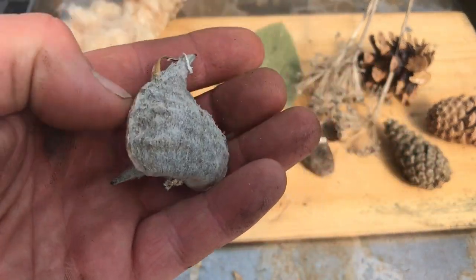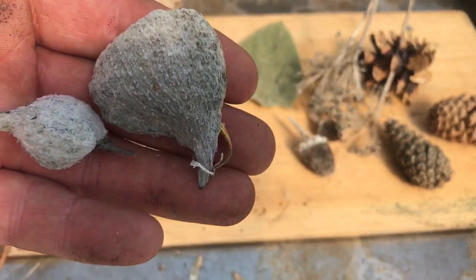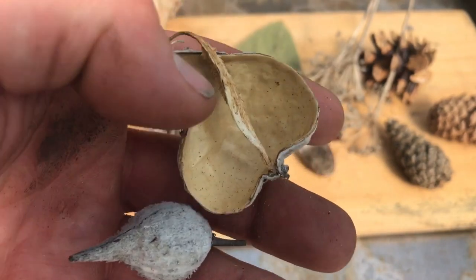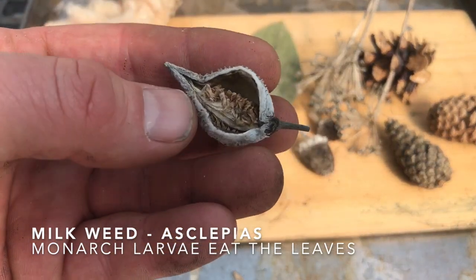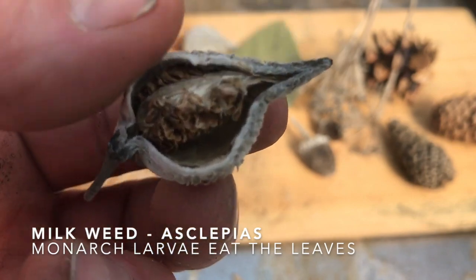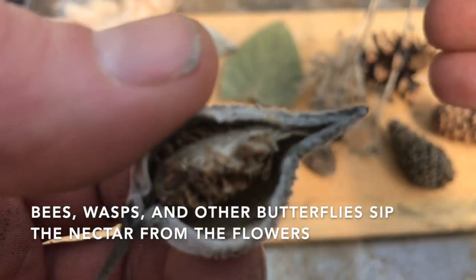These, anybody know what that is? Go ahead and say it if you know what it is. And let me know in the comments if you knew what it was before I said, but it's a shell of a milkweed. And we all know milkweed because we think of milkweed as being really helpful for monarch butterflies and things. But I thought this one was pretty cool because inside of it, if you can see,